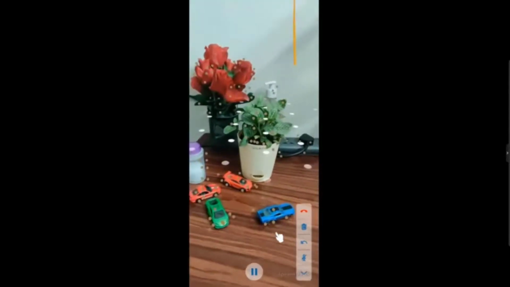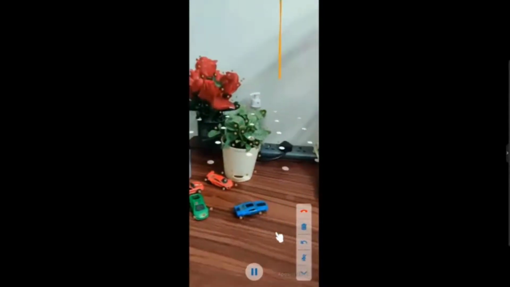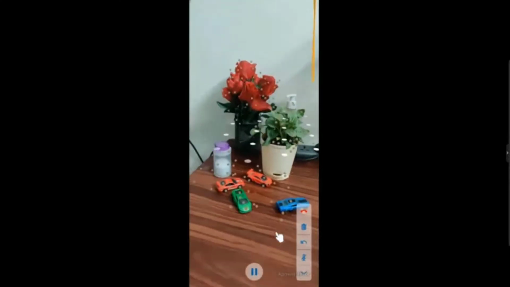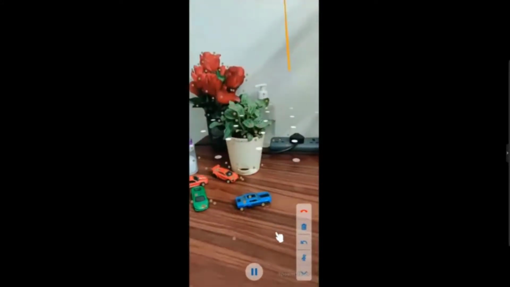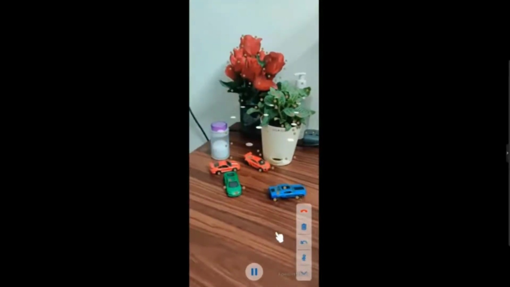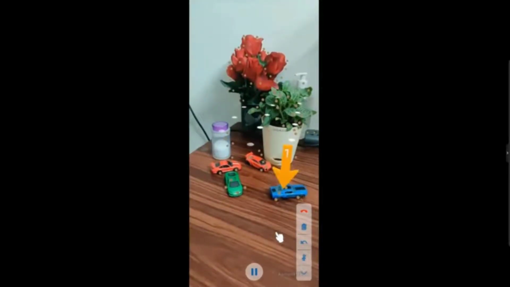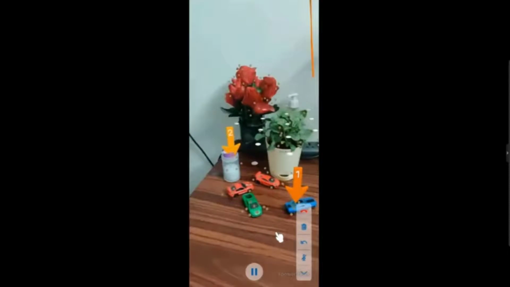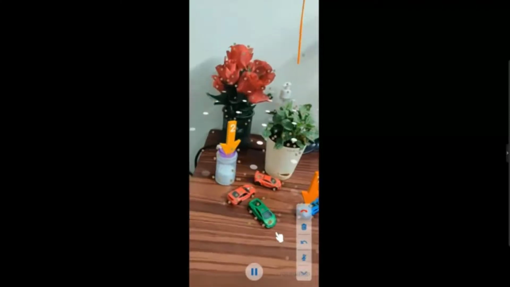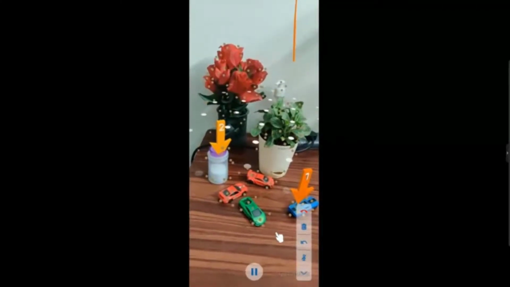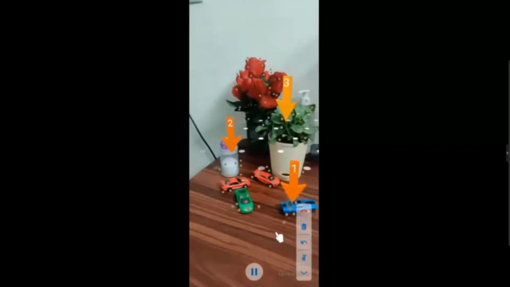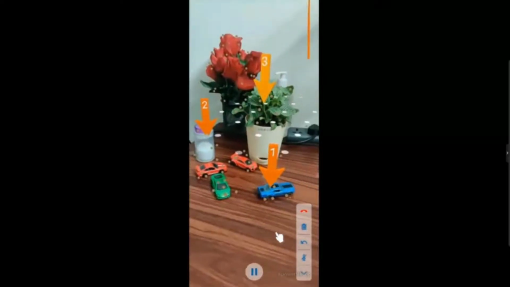I've arranged a few items. What this will do is create a 360 grid in 3D where a person can make annotations. So if I ask Preeti now, Preeti, can you point to the blue car? Can you point to the salt shaker? And if I move it around, you see that the markers stay in their place. Now can you point to the green plant, the one with the leaves? Can you draw a circle around the rose plant, the flower vase?